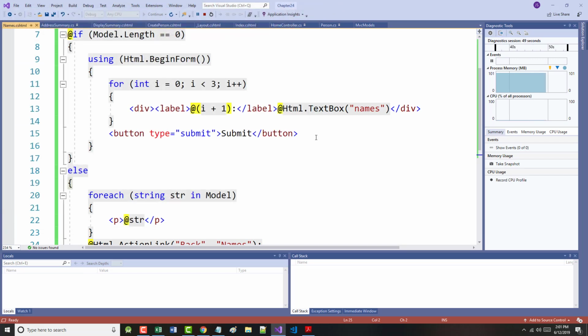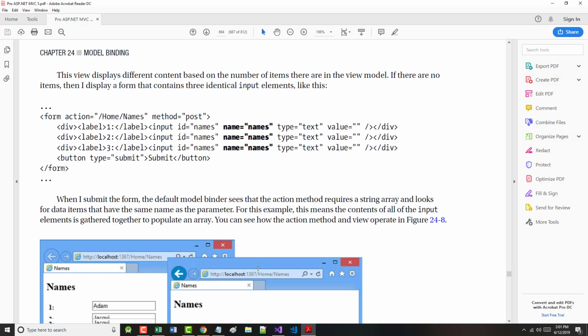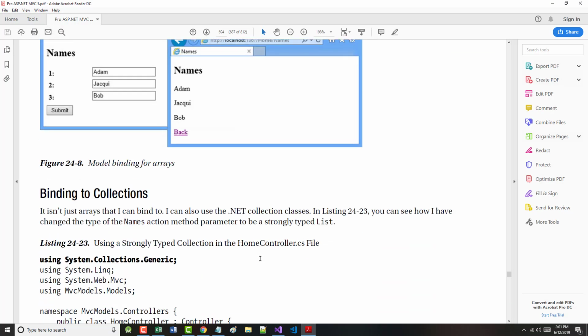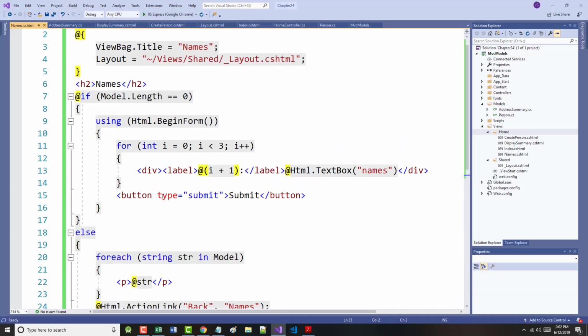The next thing that's shown in the text here on the bottom of page 694 is binding to collections. It isn't just arrays that we can bind to. We can also use the .NET collection classes. In listing 24.23 on the bottom of page 694 and going on to page 695, you can see how we've changed the type of the names action method. All right, so we want to go back to the home controller,